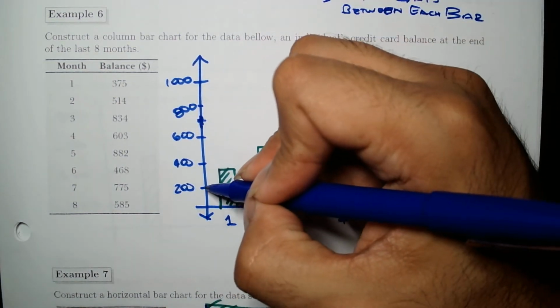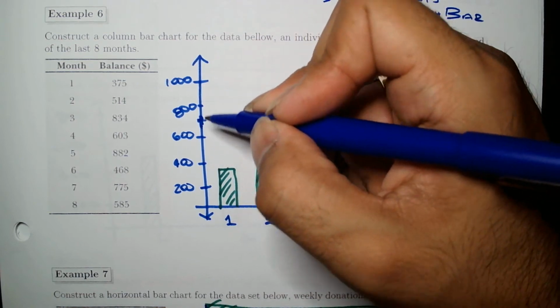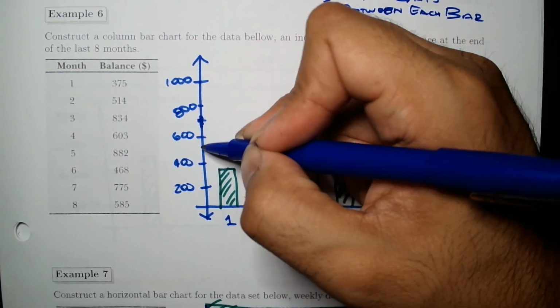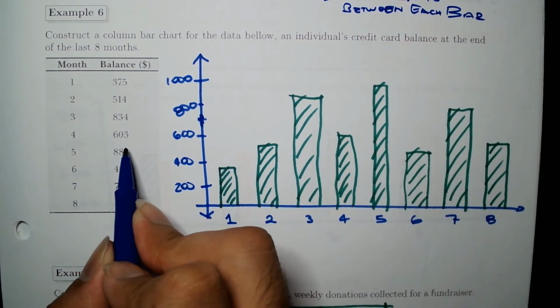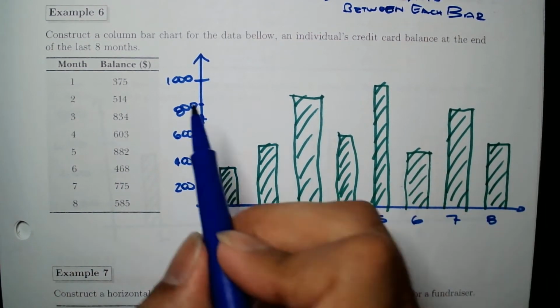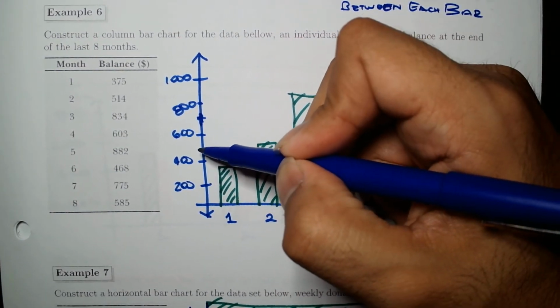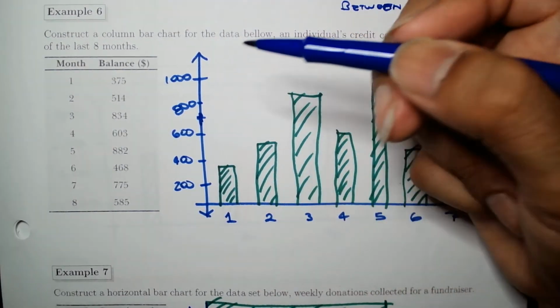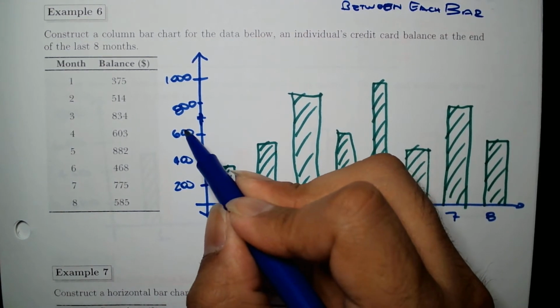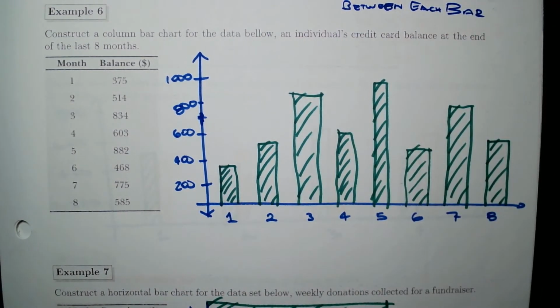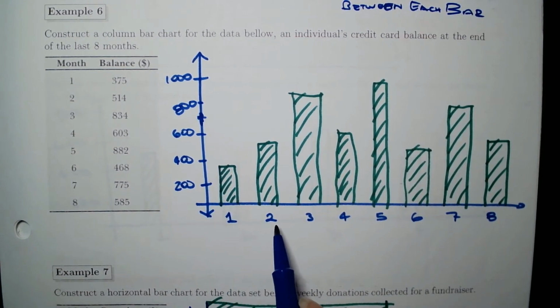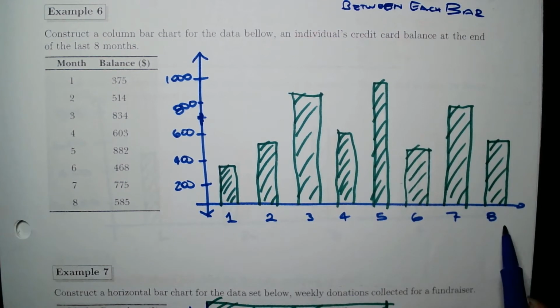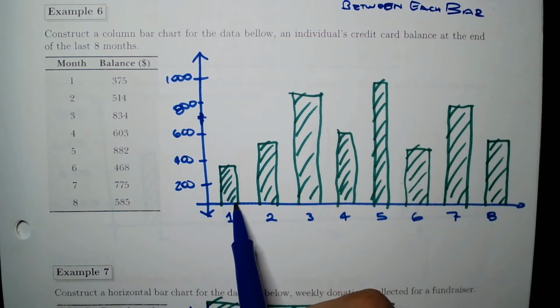In this case, I did it by 200s each, but you could do it by 300s if you will. Notice it doesn't even get all the way to 1,000. The largest is 882, pretty much 900. I could have done 300, 600, 900, but in this case I did 200, 400, 600, 800, 1,000. And for the end of the first month, the end of the second month, the end of the third month, up to the end of the 8th month, that's the balance for each month, and in this case to represent